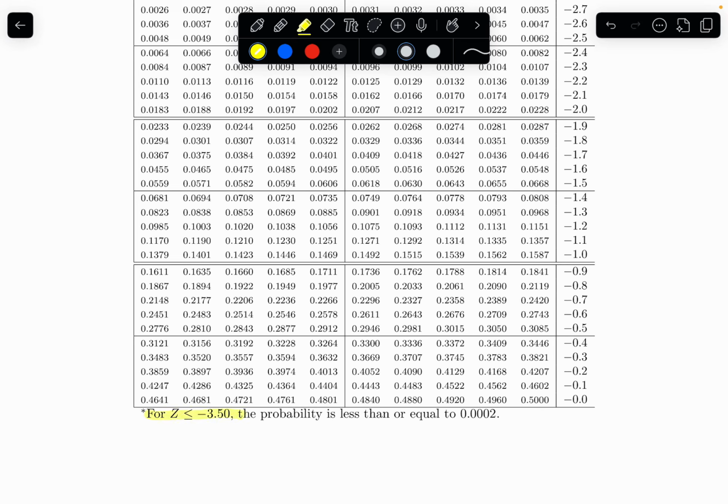It says for z less than or equal to negative 3.5. So z-scores that are less than negative 3.5. Remember, our z-score was negative 5.26. It's very, very small. That means that the probability is less than or equal to 0.0002. Really, it should be less than 0.0002. We're just going to go ahead and assume, just for the sake of ease, that that area is